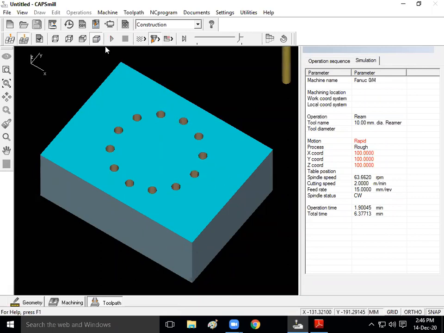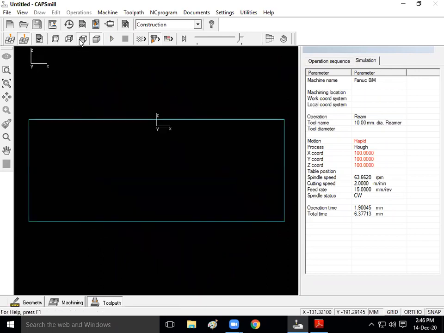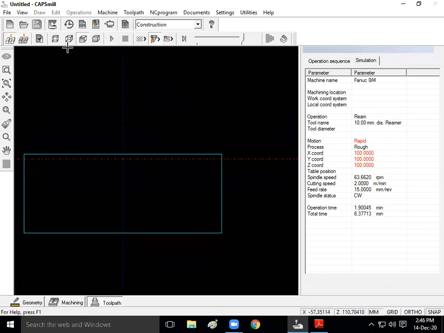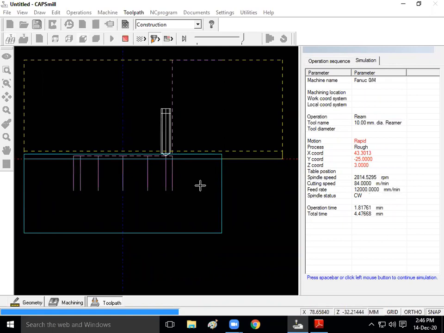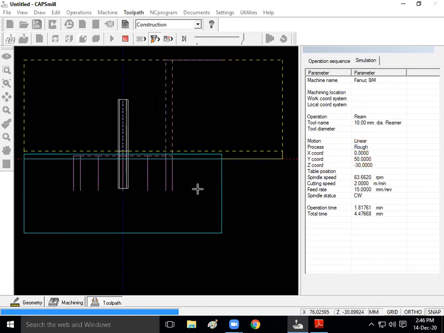So this was the solid model simulation or isometric view. If you want to see the side view, click on this line mode simulation. Here you can see up to what depth the tool is moving.